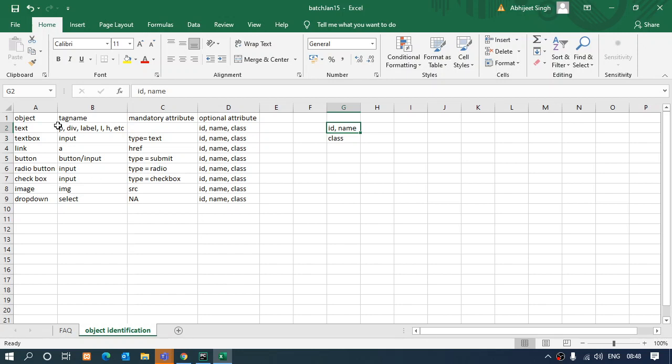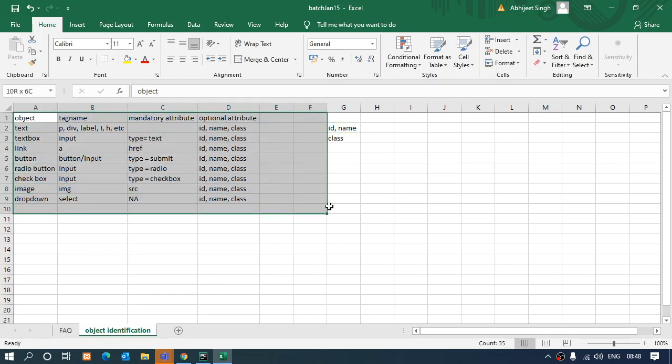So this is something about the object identification. How to use it using the Selenium commands, how to extract them using the Selenium commands, that we'll see in the next class, because that will be a little hectic, right? So that is not what I'm going to start today. We'll see it tomorrow, that how to use these ID, name and class attributes and work with them.